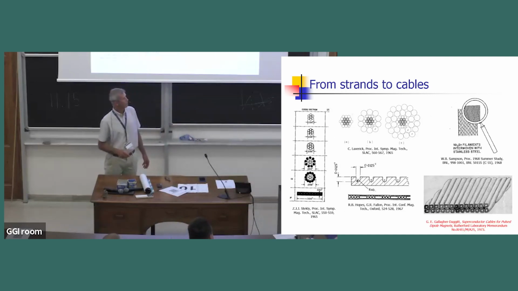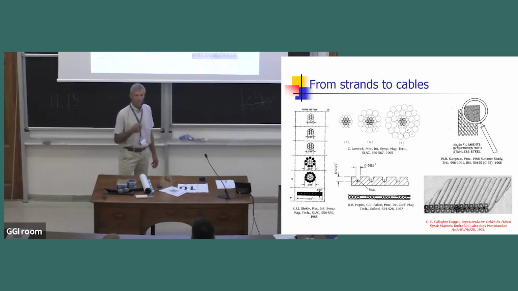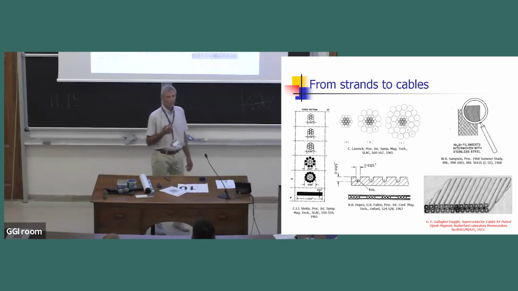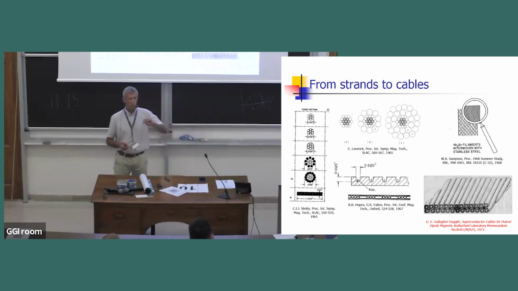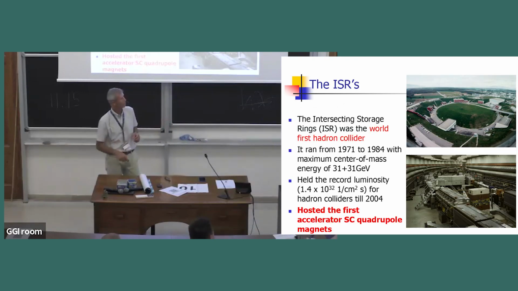Now, it was also clear that if you wanted big magnets, you needed cables. And how to make cables, we were talking about 65, wasn't clear. Various configurations were looked at, and eventually 2 configurations stood out as the most promising ones. One is to twist the cables and squash it. That's what is now called the Rutherford cable. Or the other one was to braid the cable and squash it. Okay, that's the braid that was developed at Brookhaven National Lab.